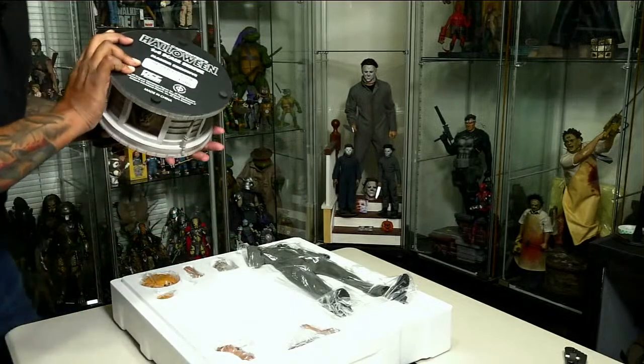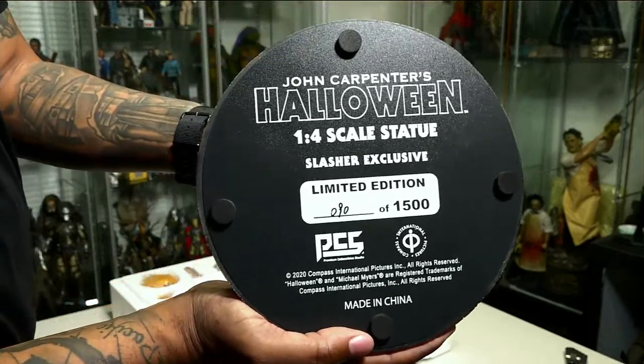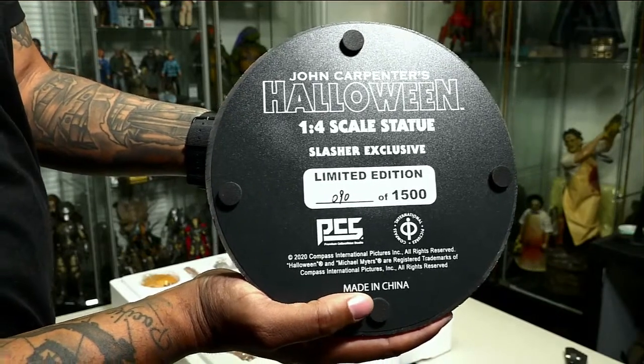It's pretty heavy as well. Avia said, hey, Mr. Chris. Hey, Avia. On the bottom, you see John Carpenter's Halloween, 1/4 scale, Slasher exclusive limited edition, 90 of